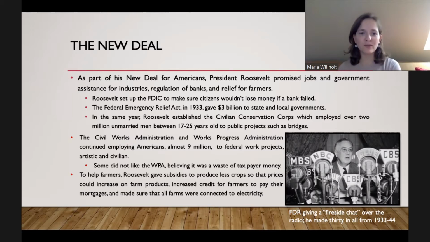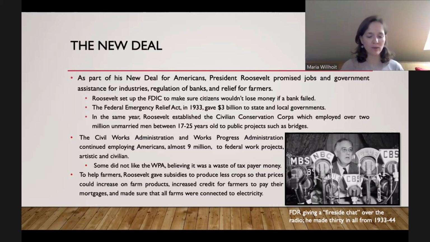And along with the Civilian Conservation Corps, as part of the administration, he sets up the Work Progress Administration, which we call the WPA. It's a very famous agency he creates, Roosevelt, and it employs an additional 9 million Americans. And I believe it still targets men because men are still kind of considered at this time the breadwinners of American society. So it's an additional one. And again, they're employed to do federal work and federal jobs and projects.